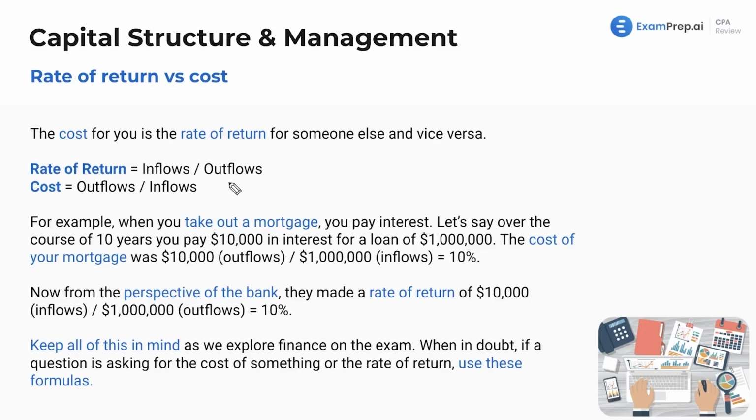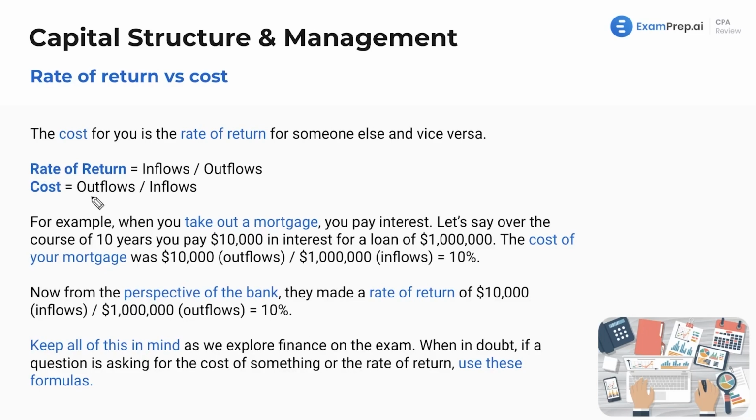Here it is. What's your rate of return on something? Well, just like with a stock, it's your inflows divided by outflows. How much did you pay for it versus what did you make from it? And what's your cost of something? Well, it's your outflows divided by inflows. So definitely memorize this. And these are good general formulas for anything, whether it's you personally saying, okay,